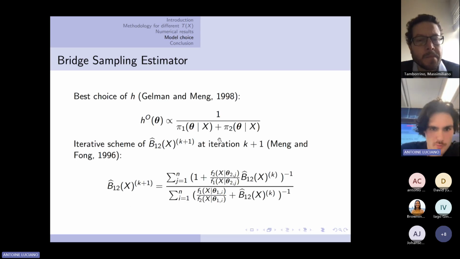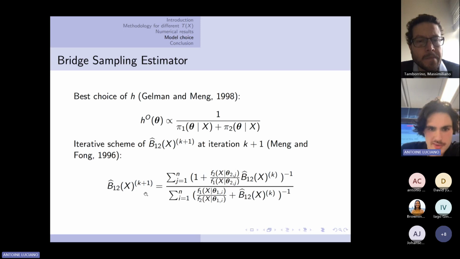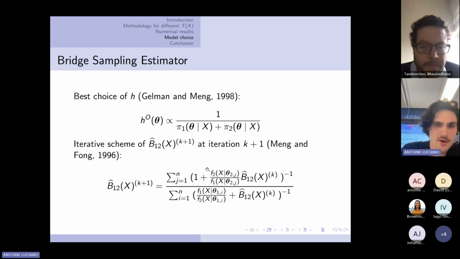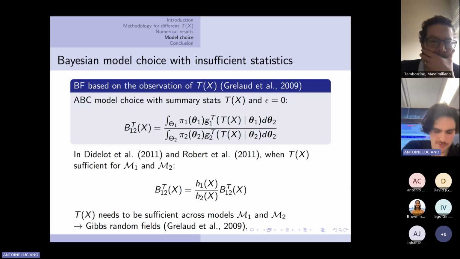And by choosing a right positive function h, we end up with that iterative scheme, and it produces a consistent estimator of the Bayes factor. So now let's talk a bit about ABC, because in ABC there is also a lot of literature about